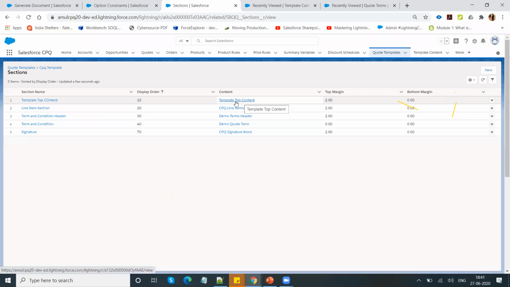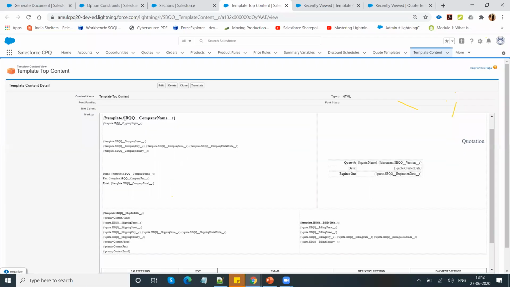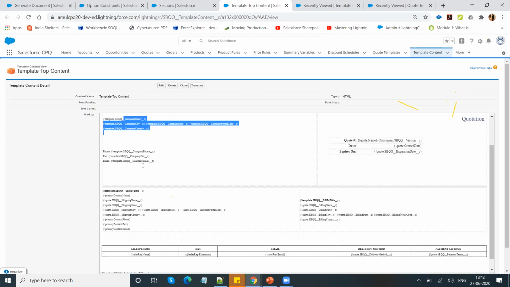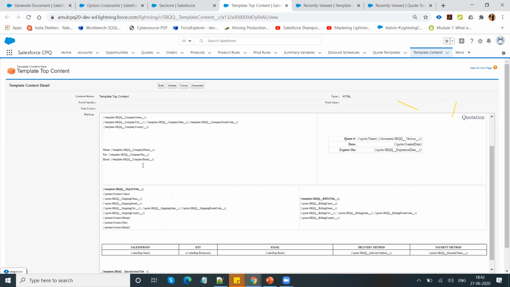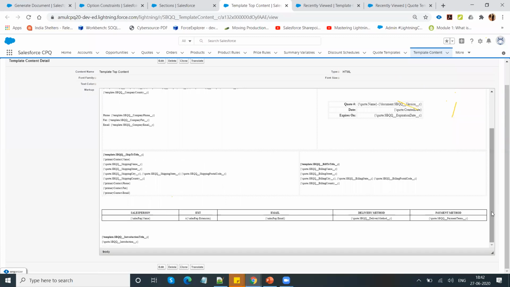Let me open this template content. It is basically our HTML content. In it, I have my company logo, my company name, my company slogan, and my company street address. These are all merge fields that you can pick up from the Salesforce standard article.